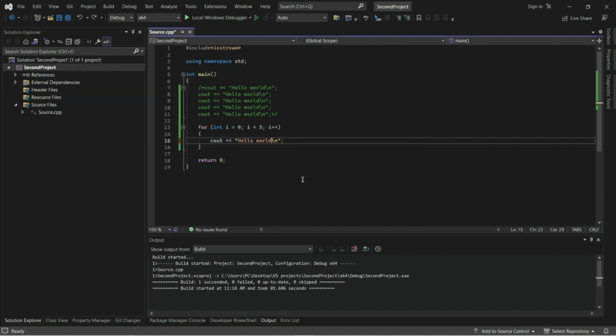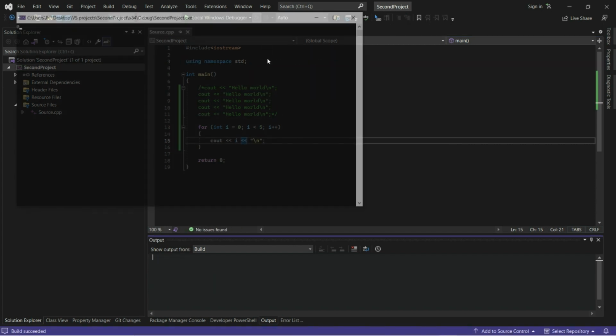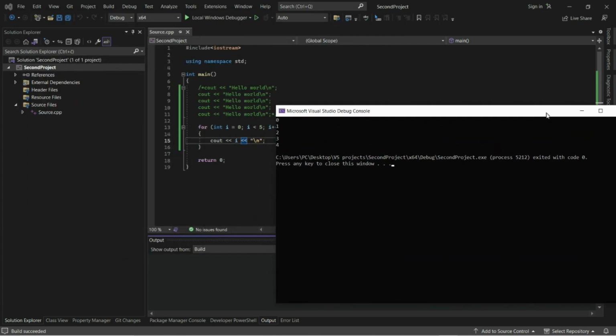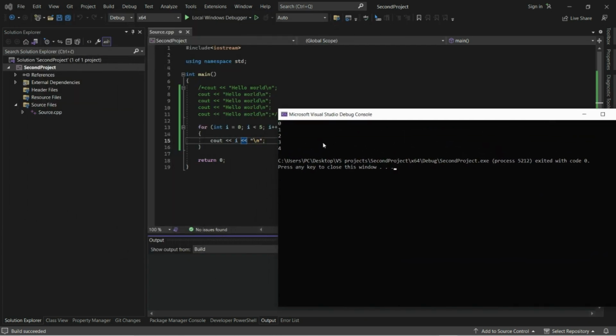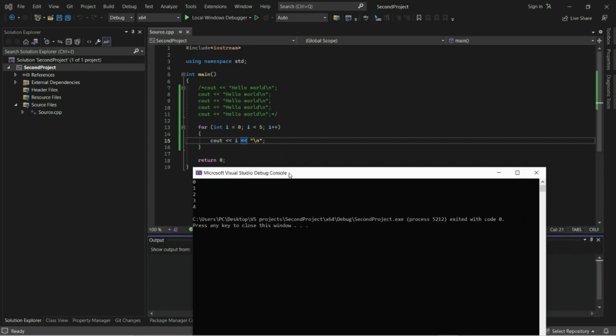You can see how variable i is changing after each iteration. So to do that, I will print i variable after each iteration. Let's now run this code. As you can see, in the 5th iteration, the value of the i variable is 4. And in 6th iteration, value of i variable is 5, and 5 is not less than 5. So the condition is false and for loop is terminated.